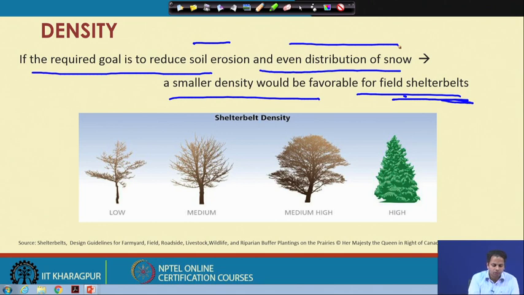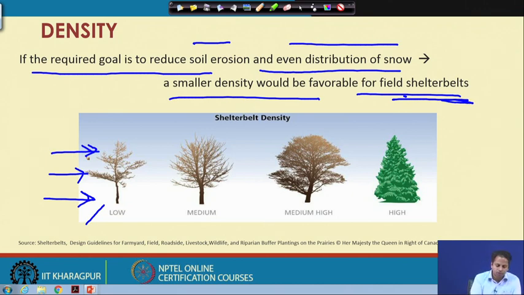So, this is actually low density of shelter belt tree species. This is medium, high and high. So, you can see here when you are choosing very low density tree species as a shelter belt, then it allows more air to pass through it. So, it depends on your requirement.